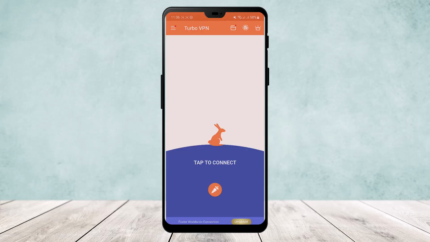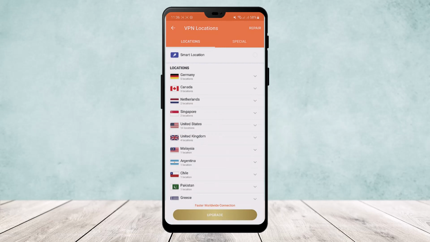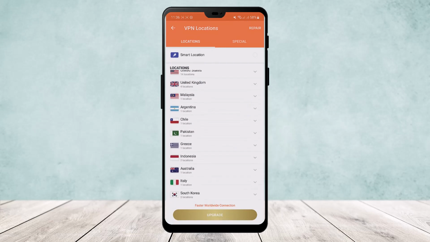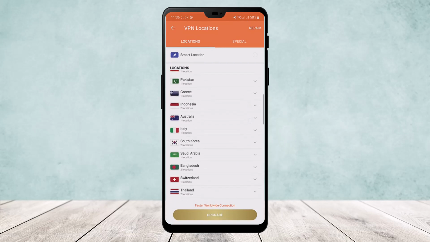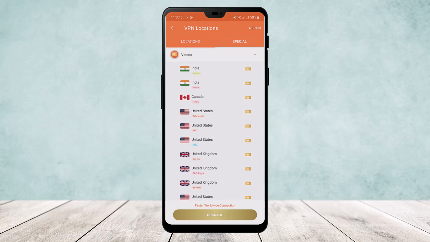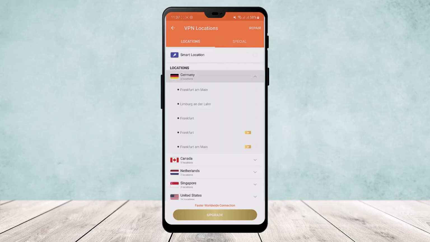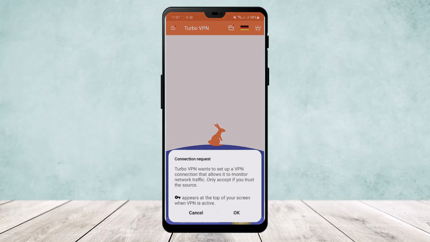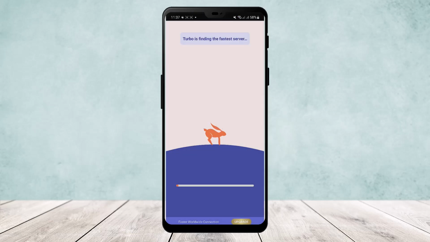And once it gets set up, you can choose free countries from here, and above where you can see the world icon, your special ones are the paid ones. Here you can see the free ones. I'll just switch to Germany for now, and then on the connection request, just tap OK and your connection will set up